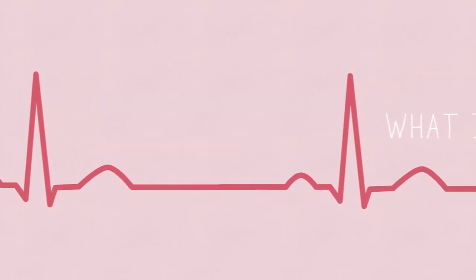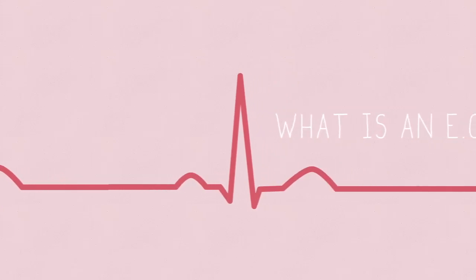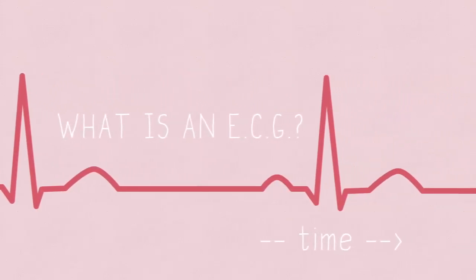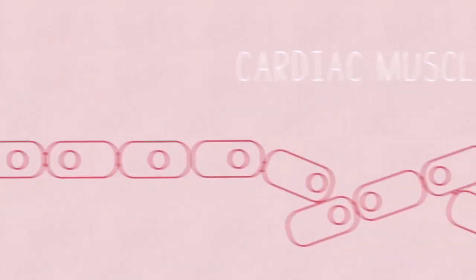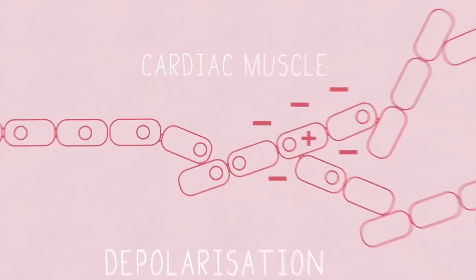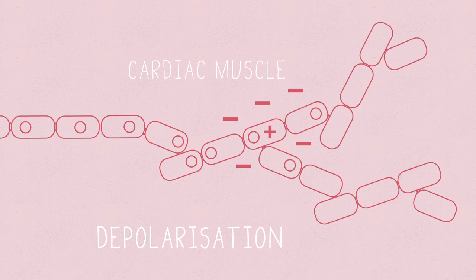The electrocardiogram, or ECG, is a representation of the electrical activity of cardiac muscle as it changes with time. Like other muscles, cardiac muscle contracts in response to an influx of positive ions into the cell. This means the cell's membrane potential becomes more positive relative to its surroundings, a change known as depolarization. It is the sum of these changes that is detected by electrodes on the surface of the body in an